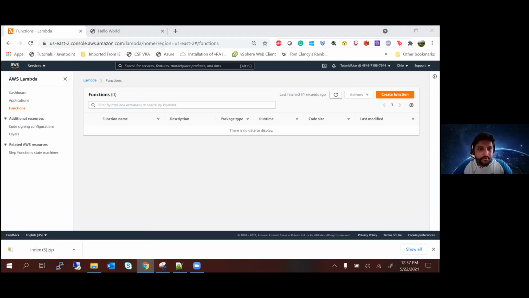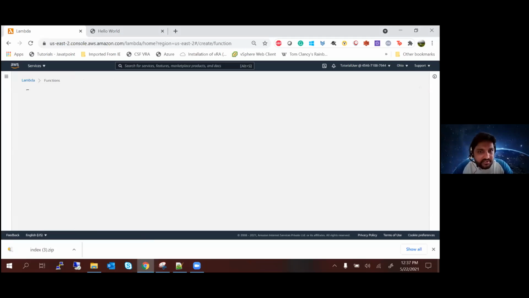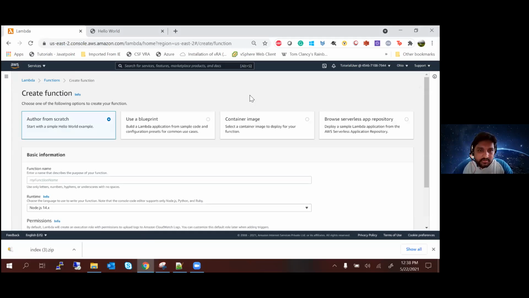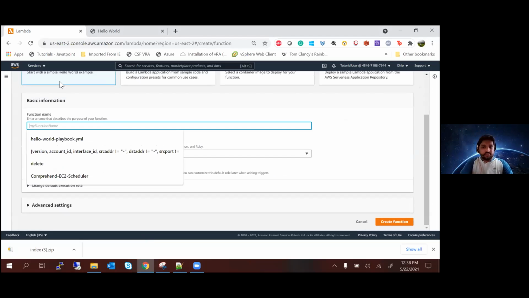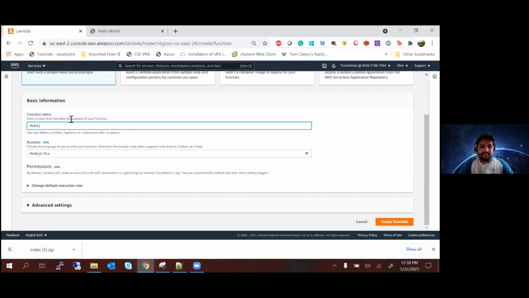What I want you to do now is, you see a create function on the right, just click on create function. You should see this screen. Are you on the create function screen? Just hit a yes on the chat. Okay, great. In the function name, you have to type, don't go ahead of me, right? Just stay with me, follow me, and don't go ahead and create functions until I say to create a function. So in the function name, just say your name hyphen function.